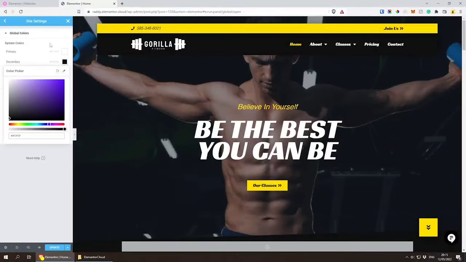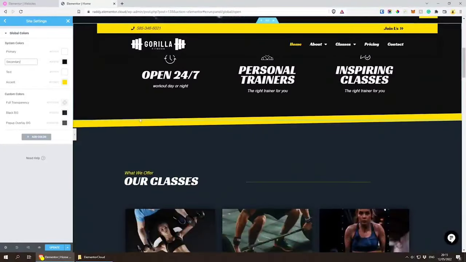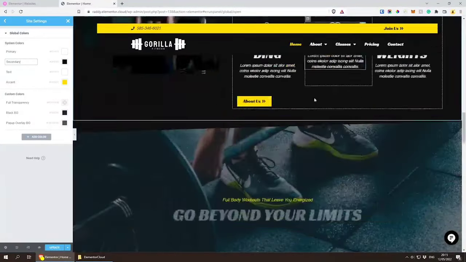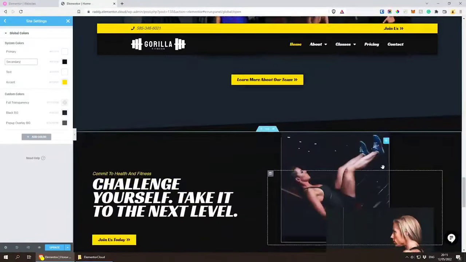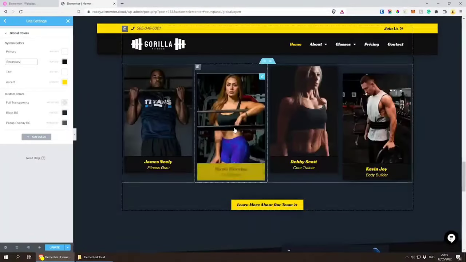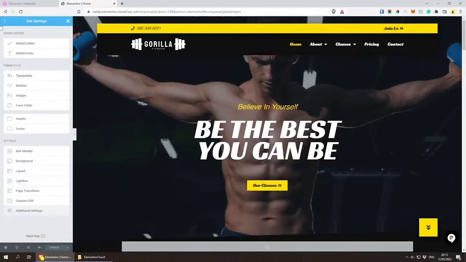So let's leave it, I don't want it to be super black, but just kind of like that. I quite like this. So if you wish to change your branding, you can do it from here. And this is all, as you can see, kind of global. You only change it once and then it changes everywhere, which is ideal. That's awesome. And by the way, you can do that for the text, you can do that for the accent color and so on. And also you can add custom colors if you wish to. So let me update this just so we have it saved,